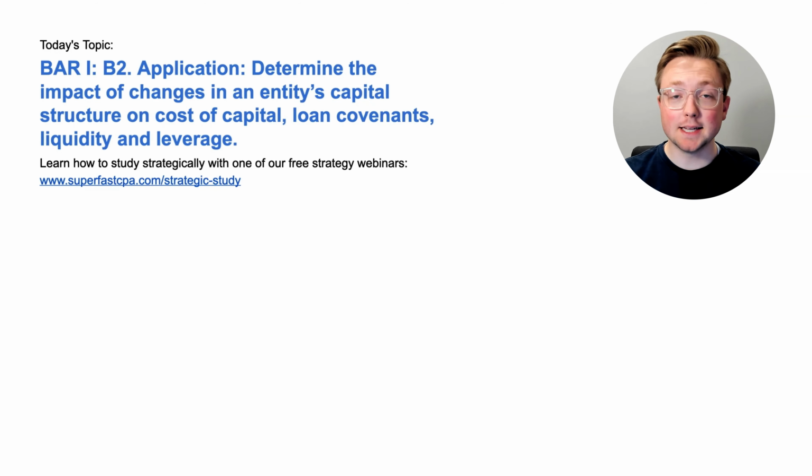I'm Logan, and in today's video, we're going to be going over BAR Area 1. This is Section B2. This is an application topic. Determine the impact of changes in an entity's capital structure on cost of capital, loan covenants, liquidity, and leverage. And we're going to be doing that the SuperfastCPA way, which is diving straight into the questions to learn the